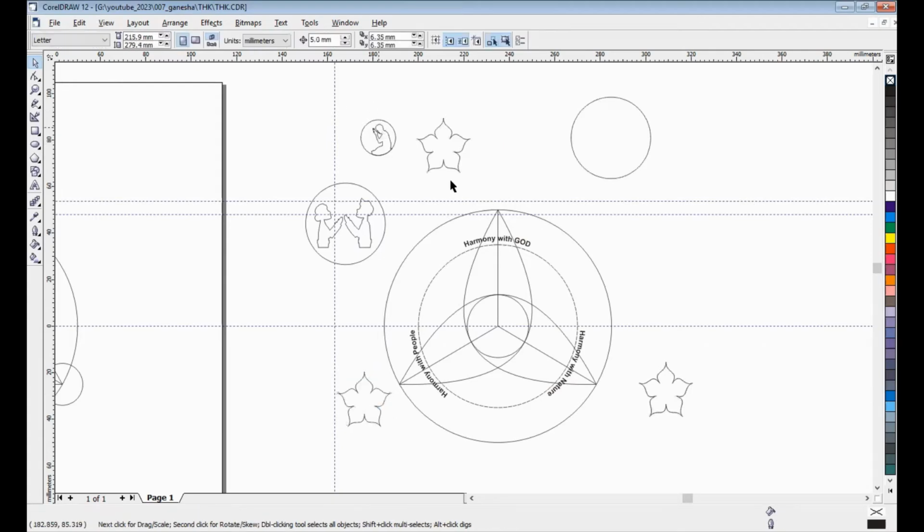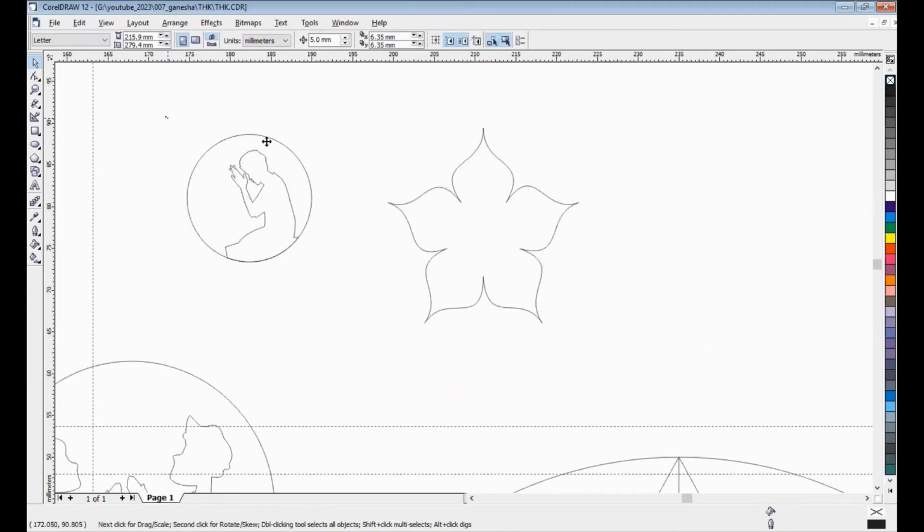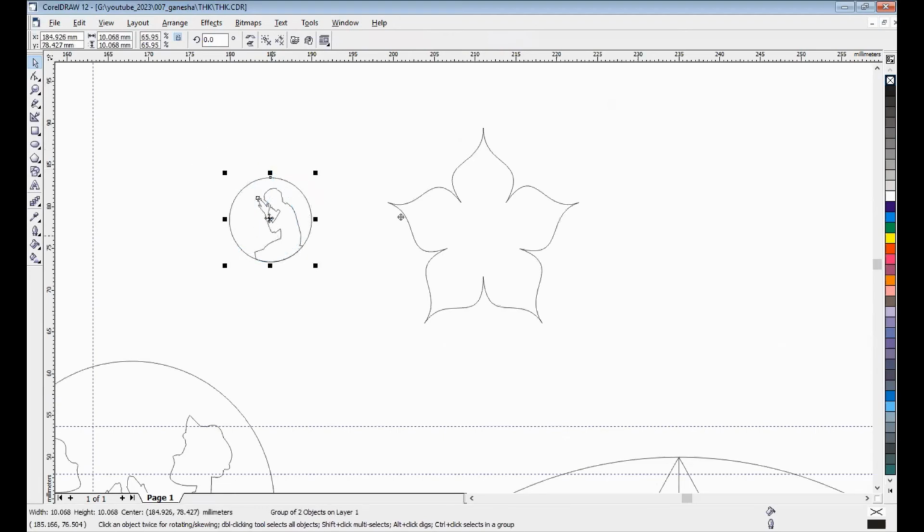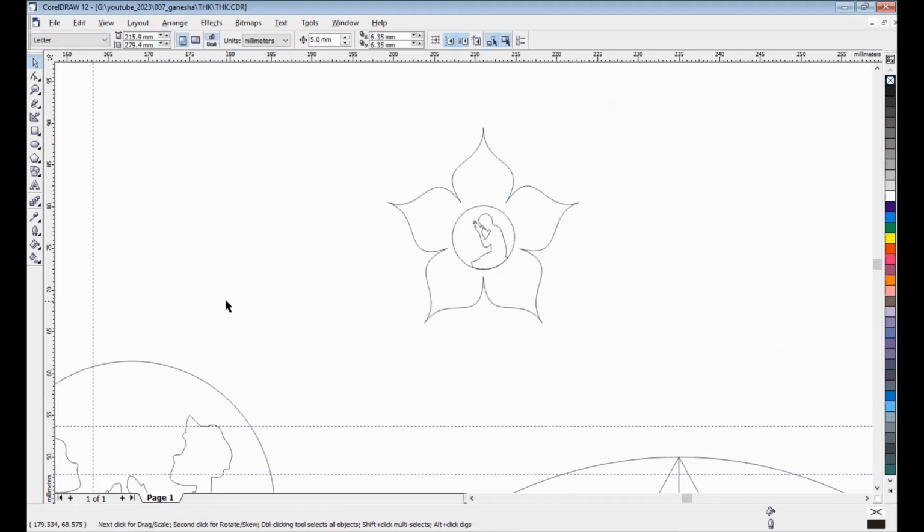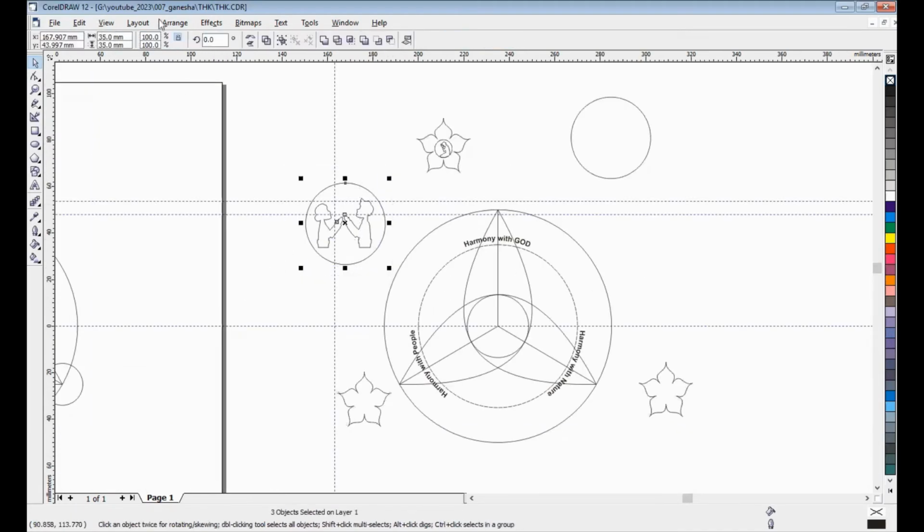Okay, but I will adjust. Okay, group. Yeah, maybe bigger. Okay, maybe 50%, I think. Okay, 50%. That's it. I will arrange the group 50% too. That's it. Harmony with people.